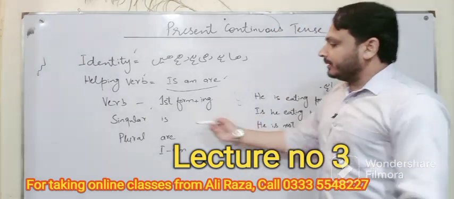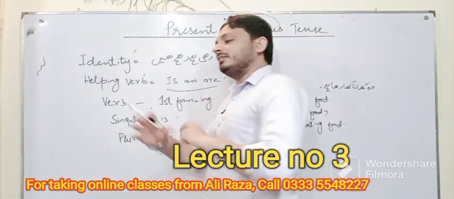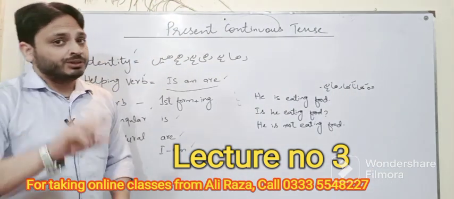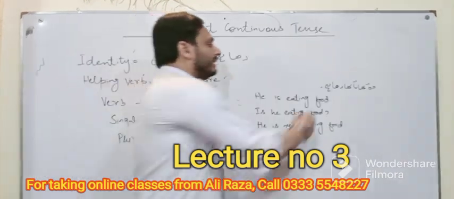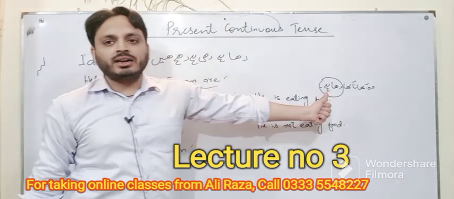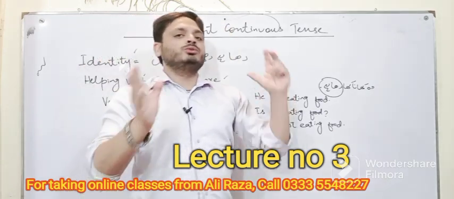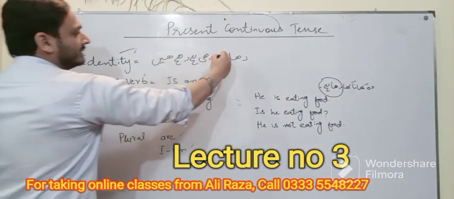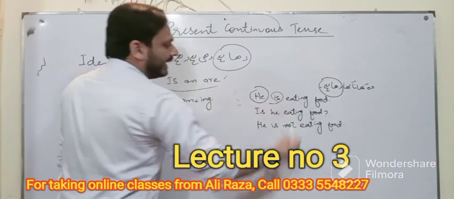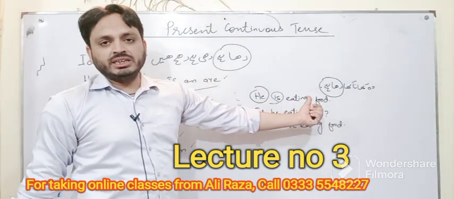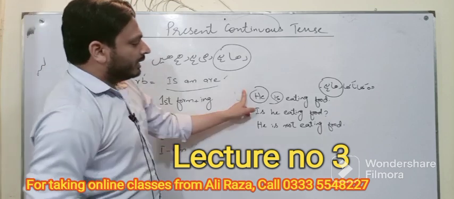So with singular you will use is, with plural you will use are, and for I specifically and separately you will use a different helping verb, which is am. वो खाना खा रहा है, you can see that the tense is ending in basically रहा है. So if it is ending in रहा है, this is present continuous tense, and then you immediately make up your mind that you have to apply this formula. So you will use he is, your singular, and then you will add is eating food. Why am I using is? Because, as I have mentioned here, with singular we will use is as a helping verb. So he is eating food.